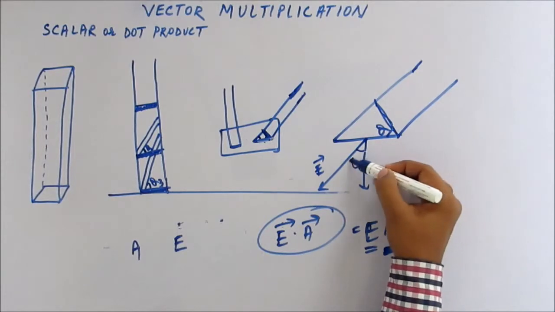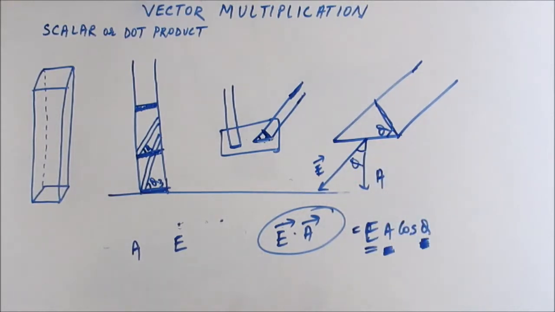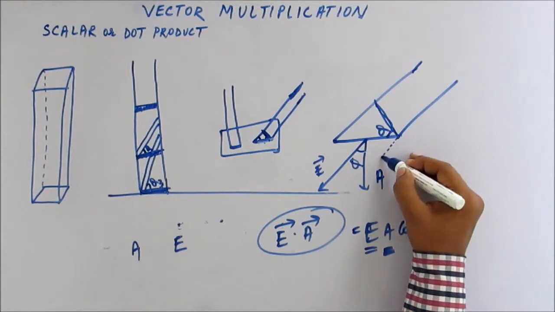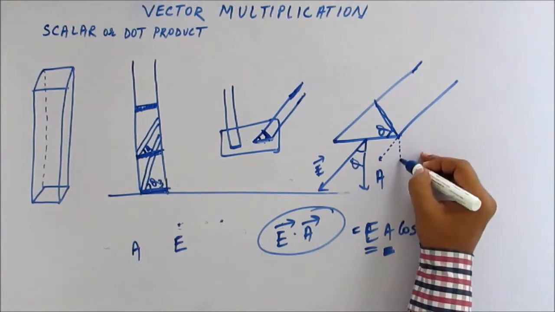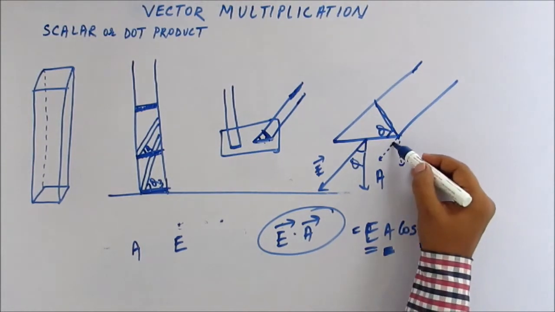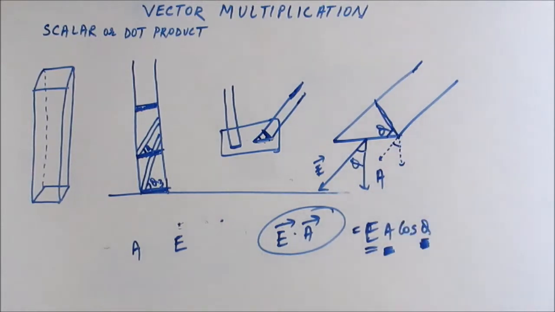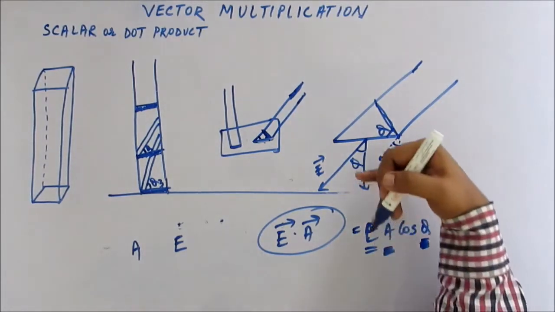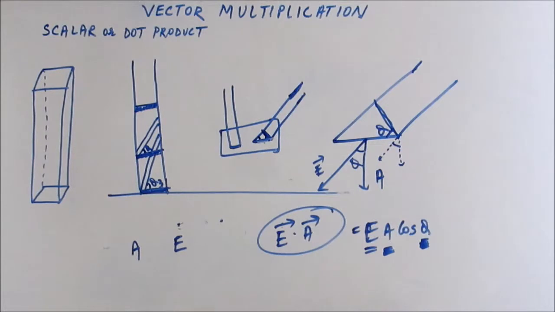If the angle between the two vectors is theta, then this angle is also going to be theta. That would come from simple geometry. If you just draw the vectors again here, you can figure out that if this is theta, then this angle is also theta. So what you are looking for is E cos theta,